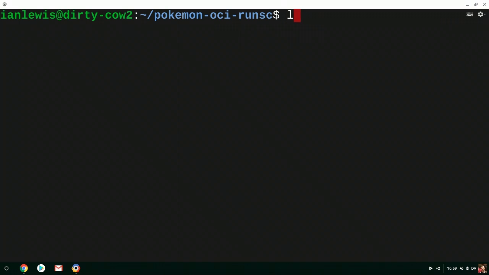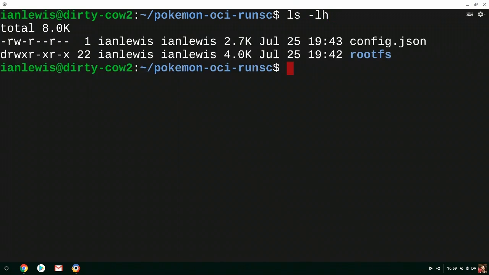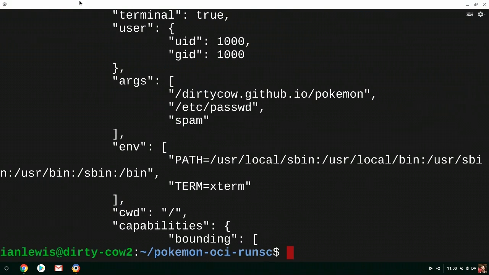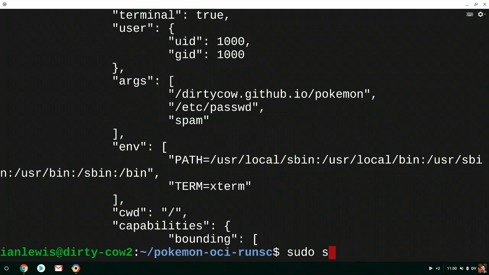So let's switch over and take a look at running it in gVisor. We have the exact same OCI bundle, and I'll show you the exact same configuration. We're running as the same user, using the same application, and we're going to write to the same file with the same content. But this time we're going to use runsc for gVisor, so we're going to do sudo runsc. I'm going to add a couple of flags in here to show some debug information, because otherwise it would just kind of sit here and run.